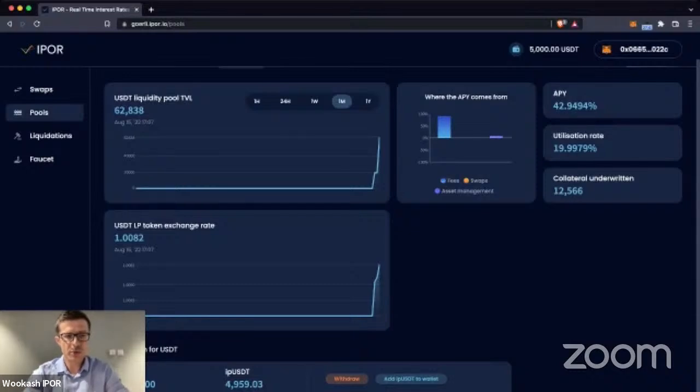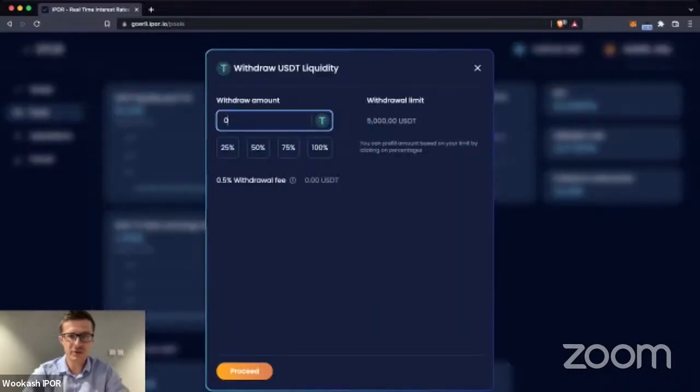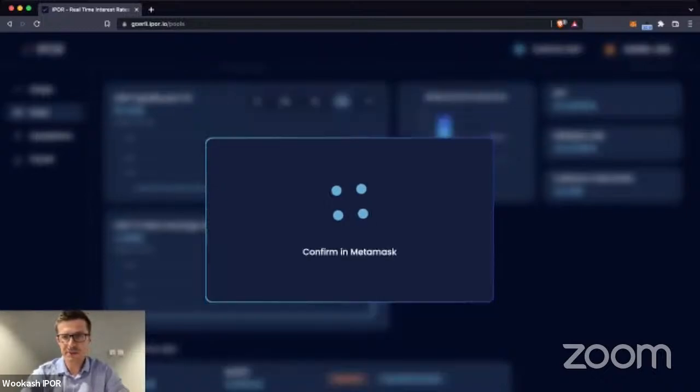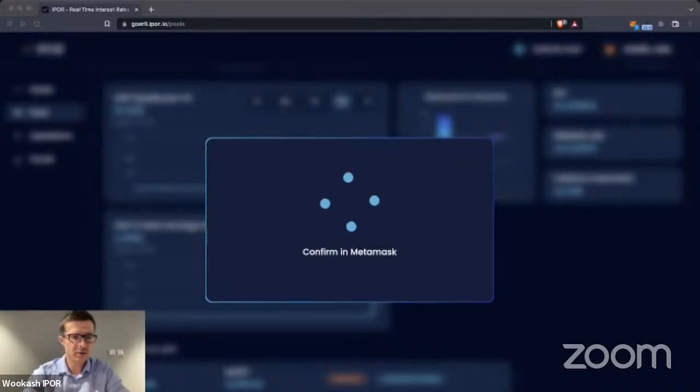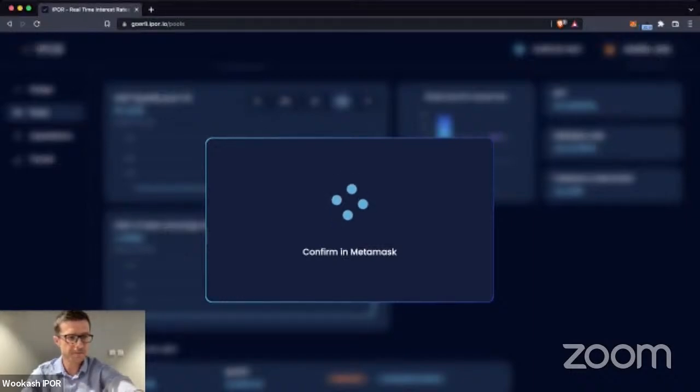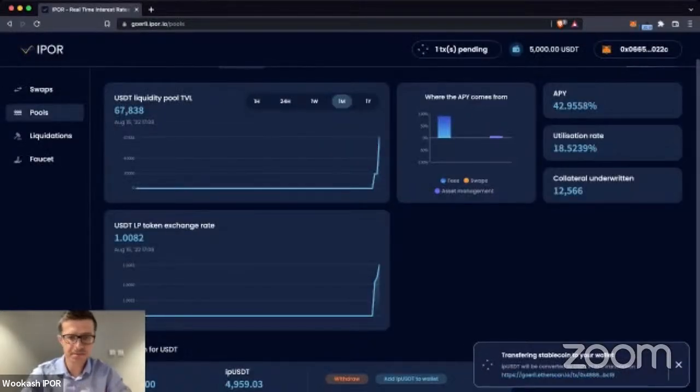To withdraw the stablecoins from the liquidity pool, all I need to do is click withdraw and set the amount of USDT, in this case, that I'd like to withdraw. So I can maybe go with 50% and click on proceed. You will need to wait for the transaction to clear, as usual. Okay. So in the meantime,